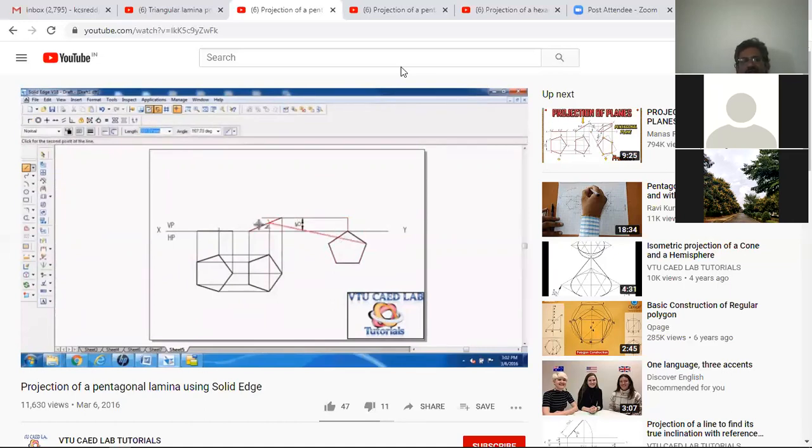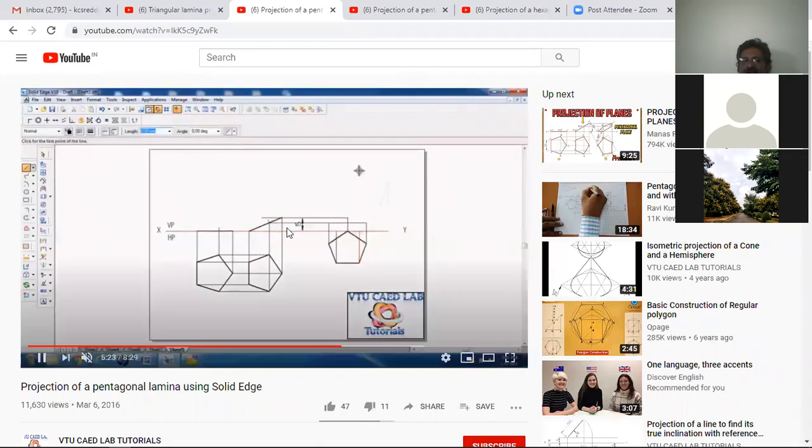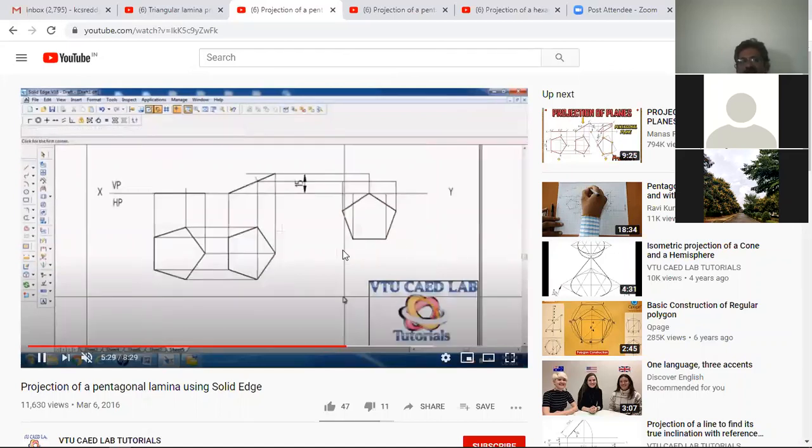So B and E from this endpoint, so that I can draw up to the intersection point of this. Next, up to that point. So 2 points I got, and trim the extra lines. Then project from this point onto the XY line, because the side is resting on the XY line only. So horizontal projection from this and then vertical projection from this. I got 1, 2, 3, 4, 5 points. So 5 points I have obtained.